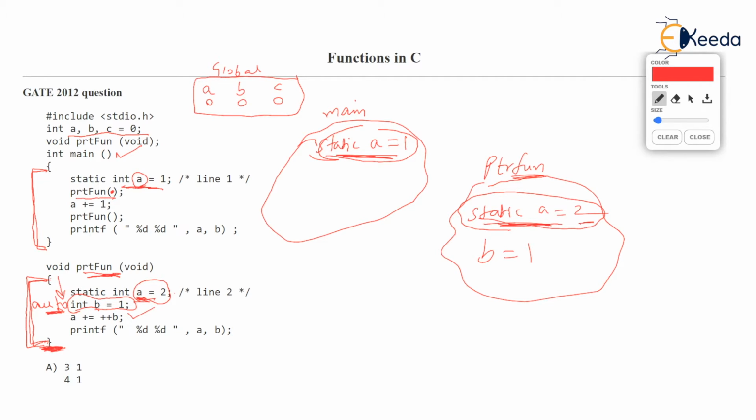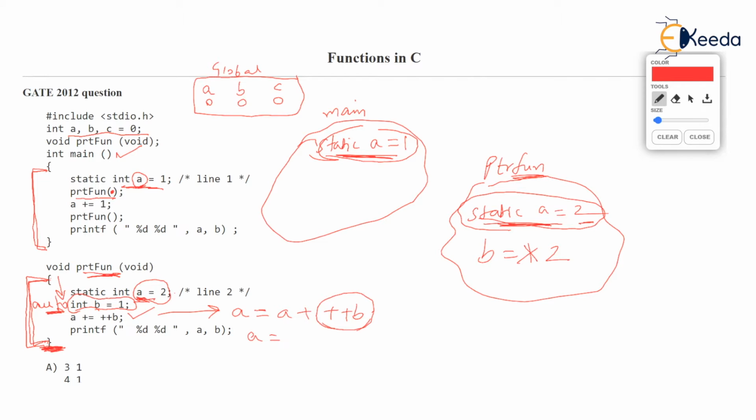Now you know that this line, a += ++b, is actually a = a + ++b, isn't it? If you expand this, += is nothing but a = a +. Now you all know this is a prefix increment. So b will be increased, b will become 2, and now this line will be solved as a = a +